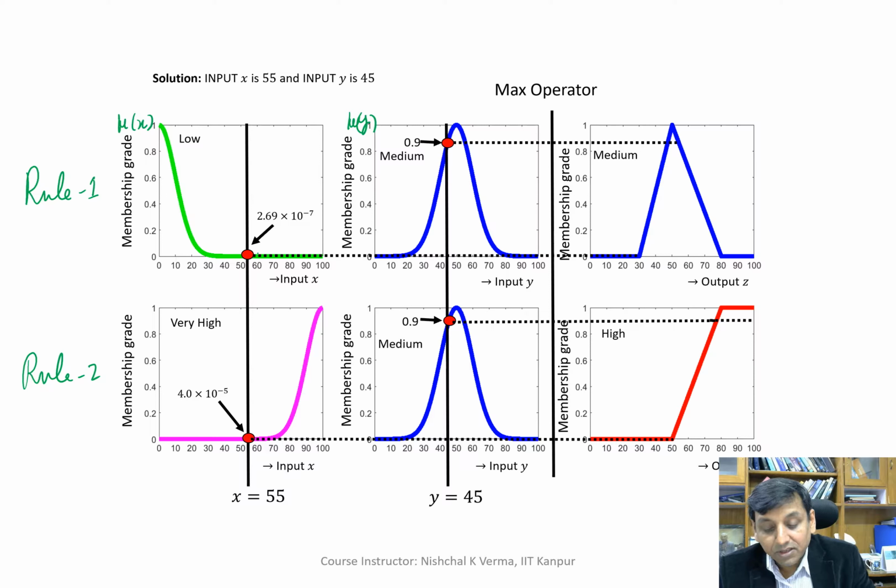The first intersection point is 2.69 into 10 raised to power minus 7, which is very low, but we need to write this here because we are computing. And then we have another value which is 0.9. And since we are taking the max-min composition,